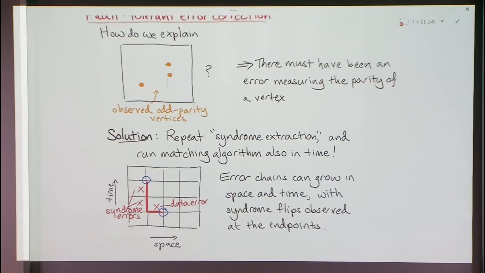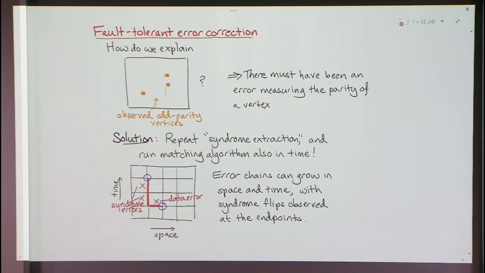And what we're going to do is, it's actually not that complicated. We repeatedly extract the syndromes at every vertex. And so here's sort of a picture in space-time. So I just have one dimension of space, but there's another one. And then in time, and say there's an X error on a data qubit here, and then there's syndrome errors here and here when you extract those 2 vertices' syndromes, parities. Then you're going to observe a flip at the top of the chain and at the end of the chain. It's a little bit subtle to see that, but it's not that complicated to see intuitively. It makes some sense.